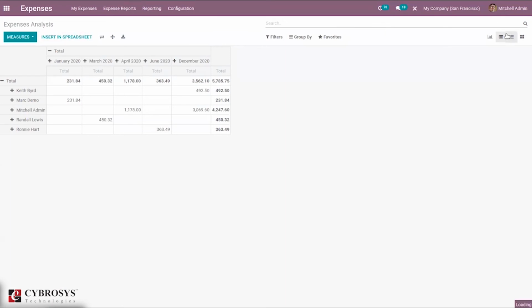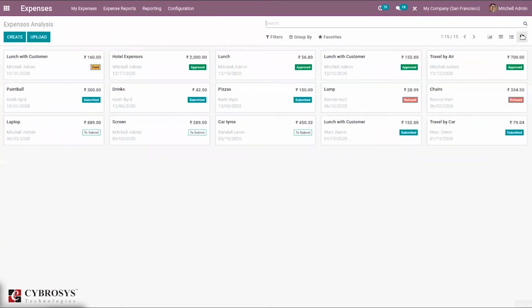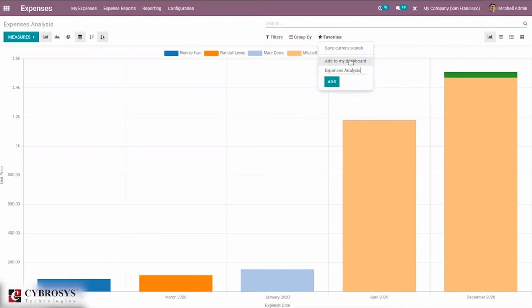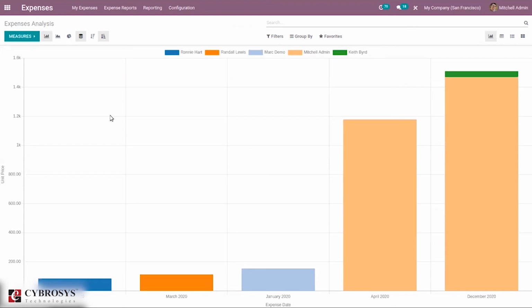Then here we can find a list view, then Kanban view, and it's also possible to add this expense analysis to dashboard. So we can just click on add and add this to dashboard. So when you install dashboard, we can see this report has been added. Okay, so that's all about managing expenses in Odoo 14.